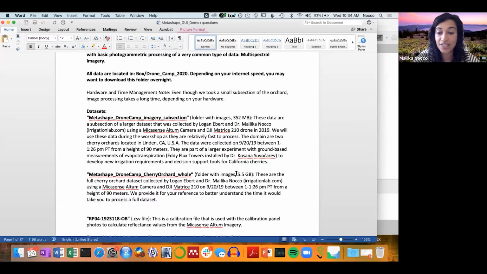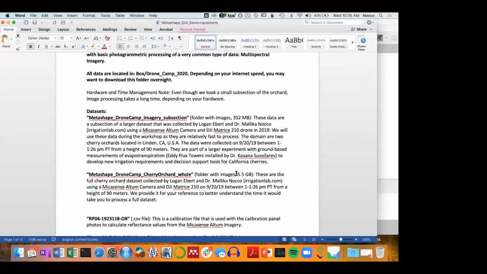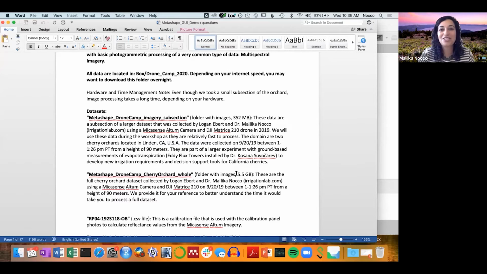For those who are interested in ground measurements, like I said, I am interested in evapotranspiration. So for us, we are always curious to find and excited to collaborate with folks who are collecting ground-based measurements of evapotranspiration. In this case, there are two eddy flux towers, one in each orchard, installed by Dr. Kosana Suvachara at UC Davis. And the larger part of the experiment is to think about new irrigation requirements and decision support tools for California cherry growers. So you all now have some cherry data,